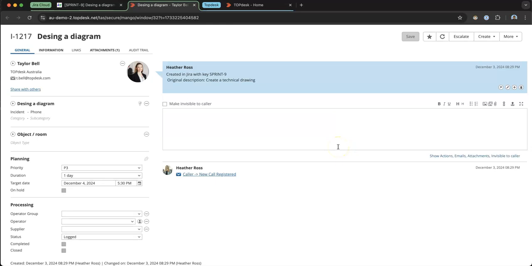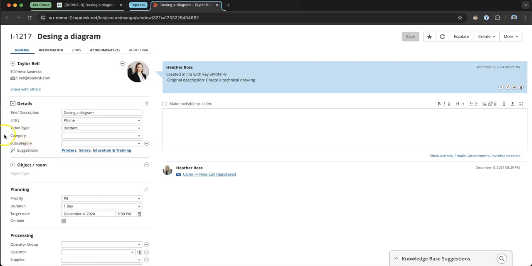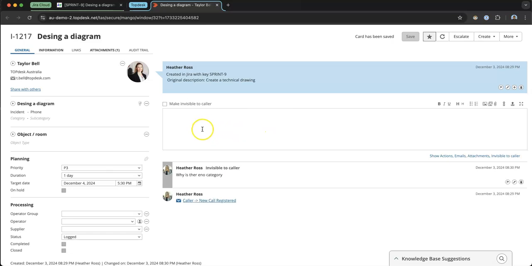So let's just click on this link to see what it's created. Right, so that's the Topdesk incident that has been created. Let me just move it here for clarity. Right, what happens from here on in? So let's say we are checking out what's happening here and the category and subcategory are kind of missing. So let's make an internal note first of all. So let's say we have an internal note saying, why is there no category? People are talking amongst themselves, and then they eventually ask the client,